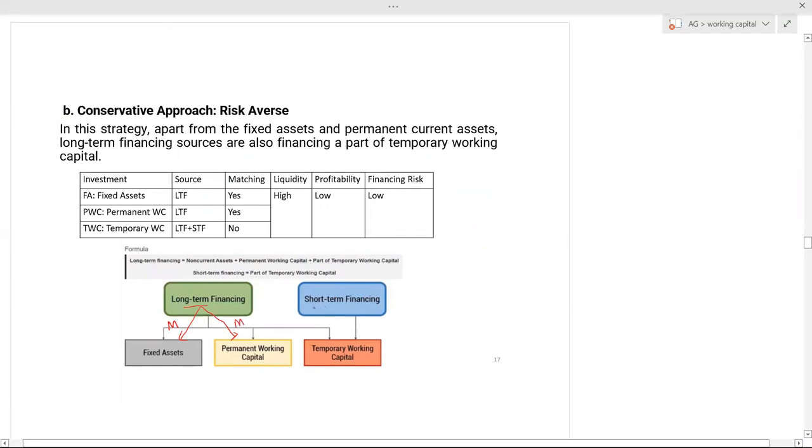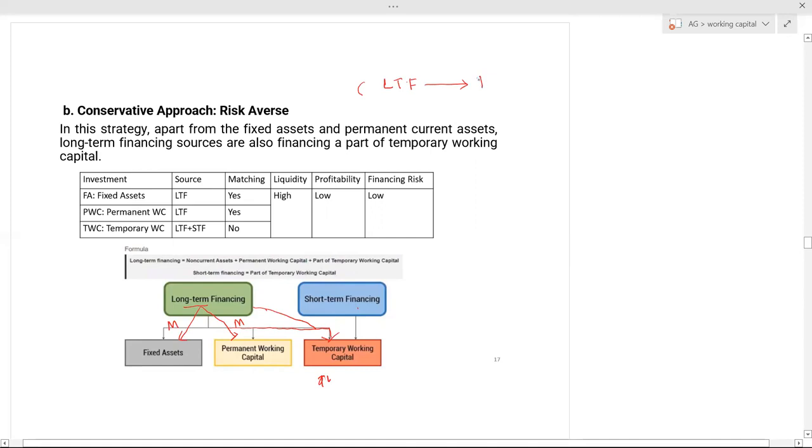But if you see, this long-term fund is also being used to buy temporary working capital. So previously the manager was not taking long-term loans, he was taking short-term financing to buy the permanent working capital. In this situation, the manager is using long-term funds to